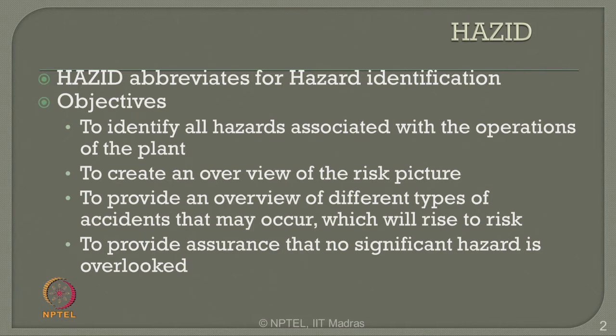Friends, HAZID has a very primary focus in preparing such analysis. It essentially ensures that no significant hazard is overlooked. So, HAZID is nothing but identifying hazards. There are many methods by which a HAZID report can be carried out. You have to conduct surveys, you must interact with people working on the plant, you should try to know what are the different factors that are associated with the hazard scenario in the given production unit, and based on that you can prepare a HAZID report.